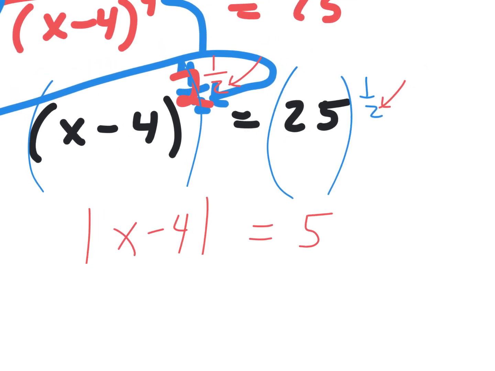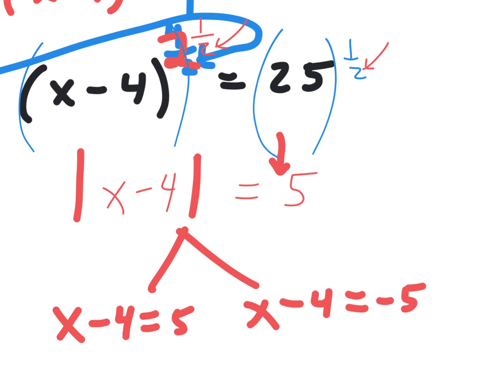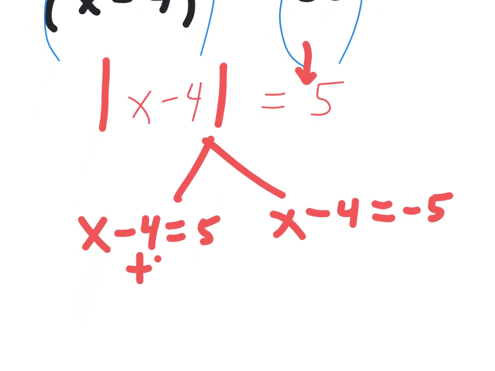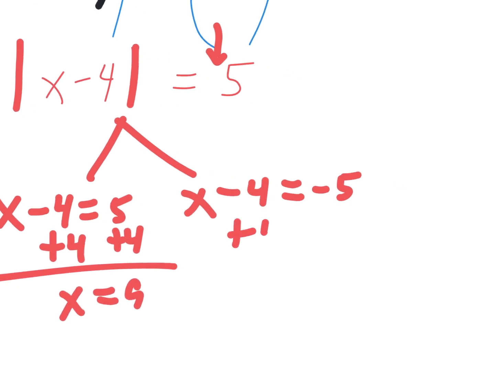So I don't want you to put a plus minus right there until you've done the absolute value, because that's what's really happening. The square root of 25 is not two things. The square root of 25 is just 5. The reason there's two things is the absolute value. x minus 4 is 5, and x minus 4 is negative 5. That's what absolute values do. So your final two answers would be x equals 9 and